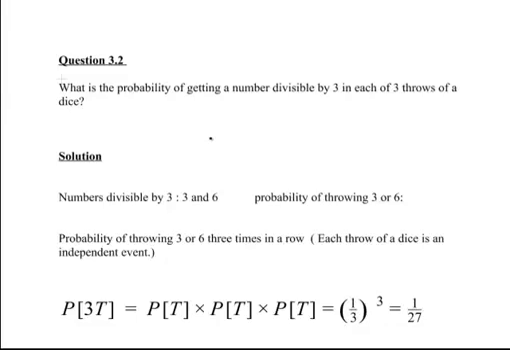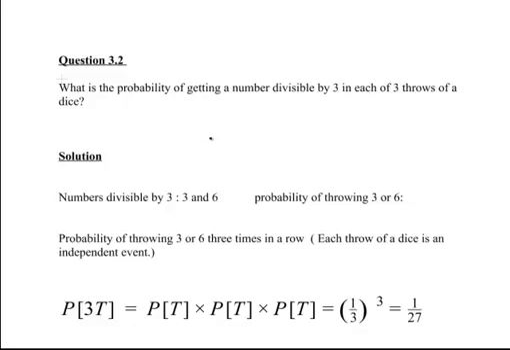This is a short probability question and it concerns independent events. Just giving you a hint there. What is the probability of getting a number divisible by 3 in each of 3 throws of a dice? So we have 3 events that are identical, so we're just going to give them all